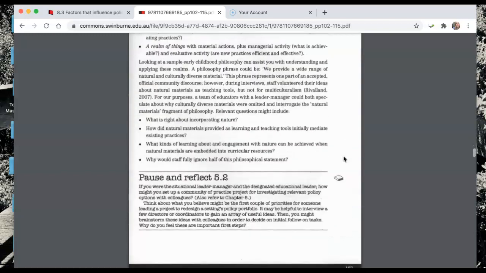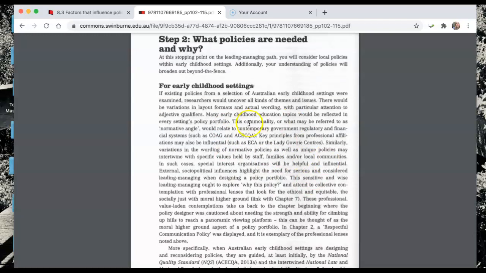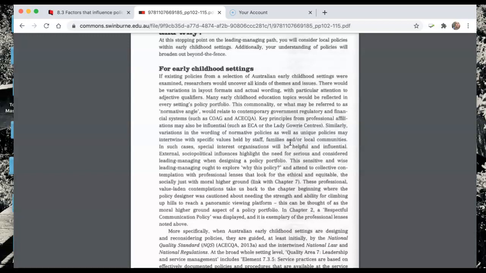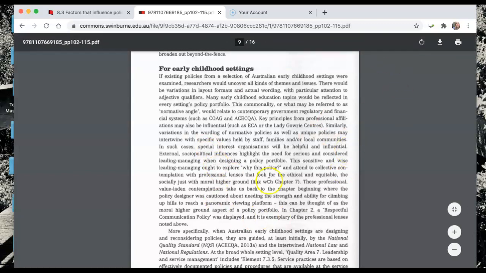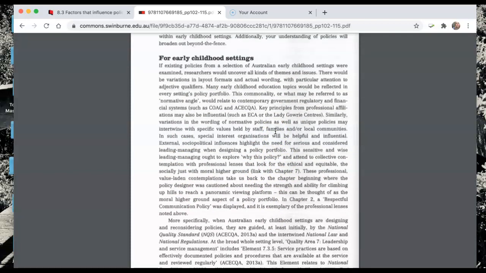Just going to scroll down a little bit more, where it talks about, again, what policy is and why it's needed. Now, this particular one is also great for step 1 because it links to all of the frameworks that we also need to connect to for step 1, because we don't want to just talk about policy in general. It's a little bit like in assignment 1 where we were talking about leadership. Unless we link it to people, places and practices, it's just going to be a general essay about leadership, which could be talking about any industry or any field. So we're always linking strongly back to early childhood settings. So this middle part of our reading links to why it's important in early childhood settings.